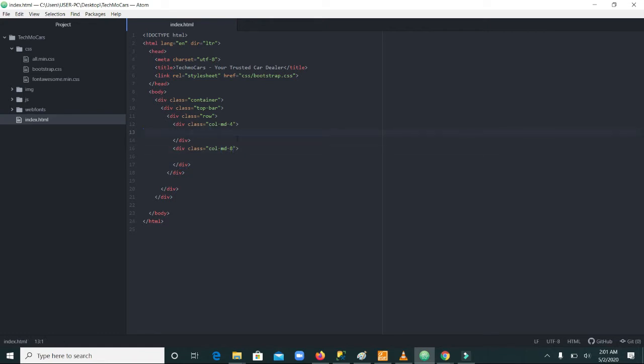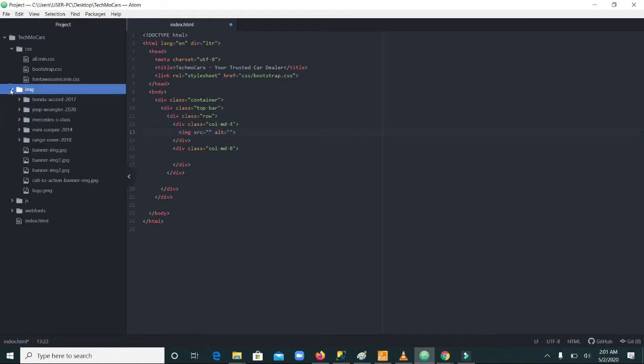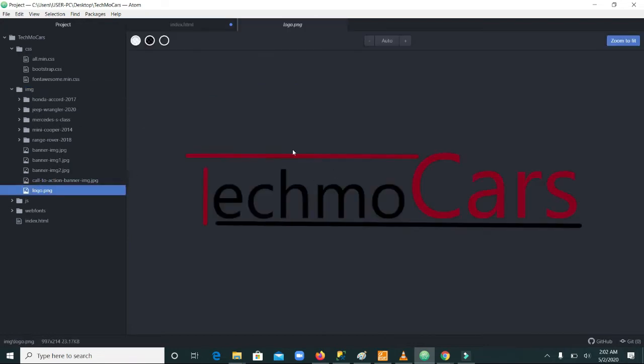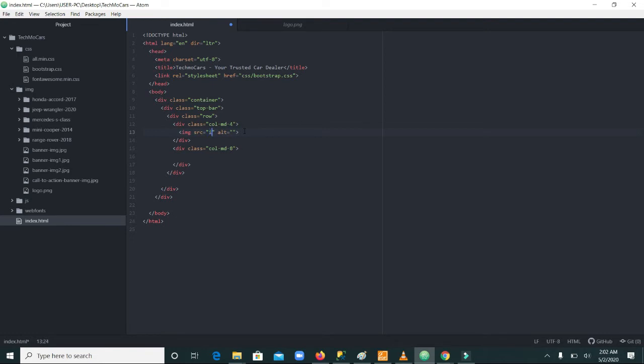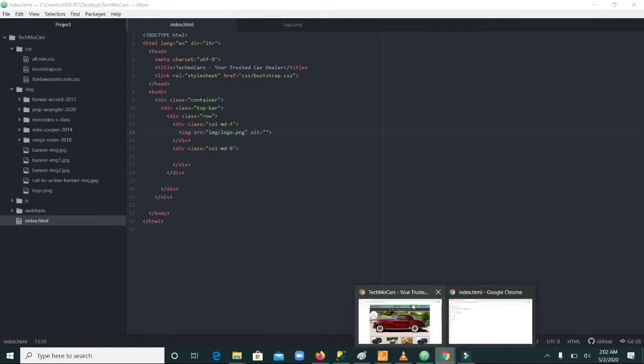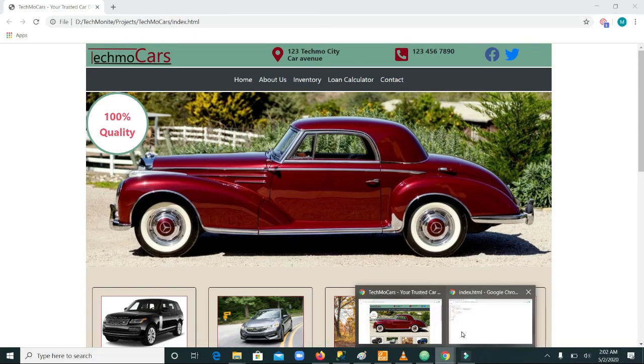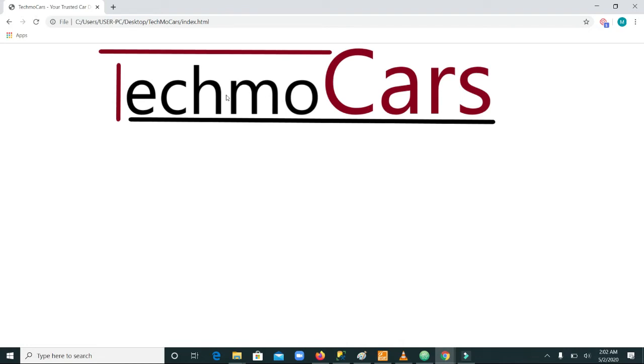Then here is where we want to put our logo image, so we just add an image, and then the source will be our logo. So it's in image, it's here, logo.png. You can see the image is there, so just have it as image, then logo.png. So reload our page. You can see the logo has been added,